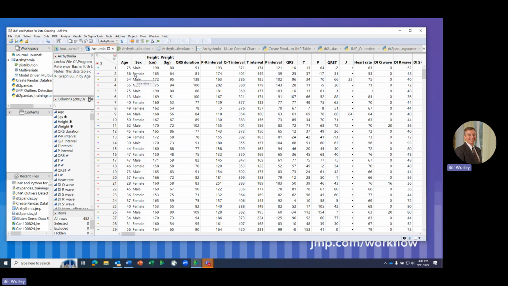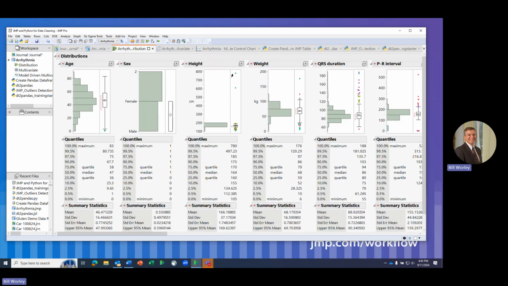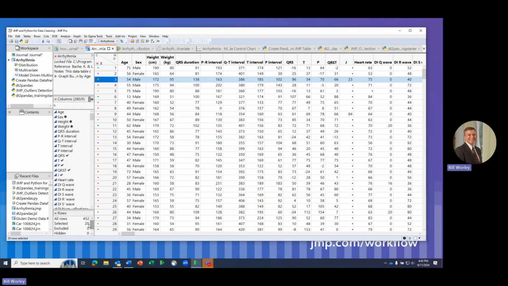All right, so with our eyes and our mouse, if we look at distribution data, right away, if we look at height, it's got some potential outliers. And this is in a univariate sense, so we're looking at the data one variable at a time. And that can be quite tedious. But overall, the idea is that you're looking for the data that's missing or that are potential outliers, and then you select it in the platform that you're working in, and then go back to the data table. And that data is actually selected in the data table, where you can then hide and exclude it, delete it, or do what you need to do to get it out of the way